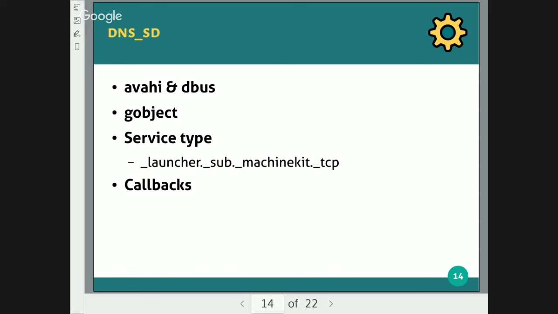We have three services, three Python modules. One is DNSSD, which implements the service discovery. It uses Python Avahi and dbus to communicate with the Linux Avahi daemon. Python dbus currently requires GObject threads.